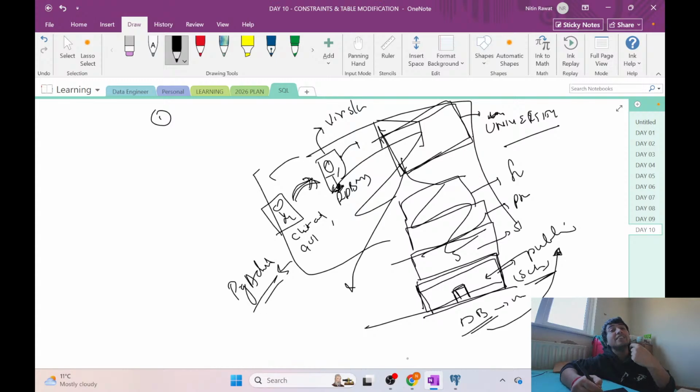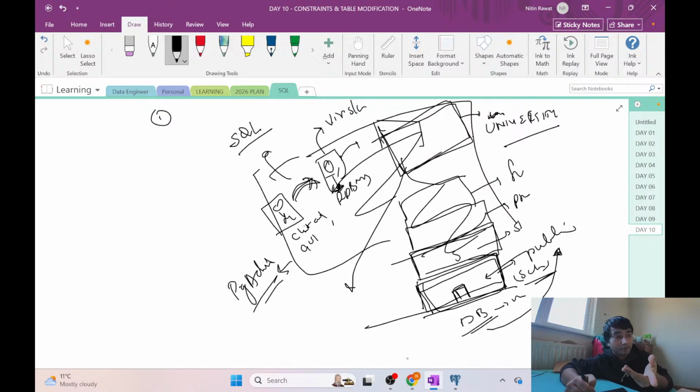Okay. And the language that we are using to send our message is SQL, Structured Query Language, that we are using to communicate our message. What message we are sending? That depends on our requirement. For example, initially it was one building. I'm going to tell him, can you create one more building that will be